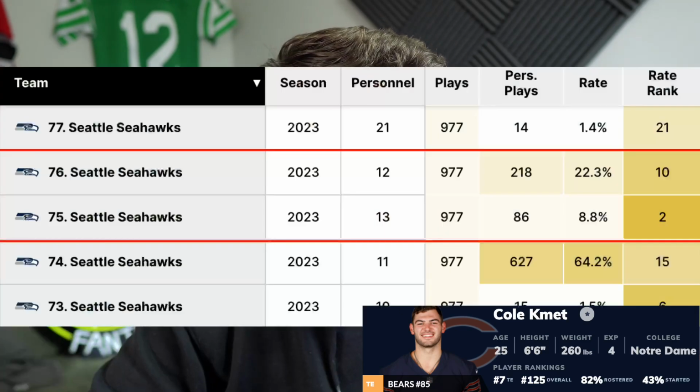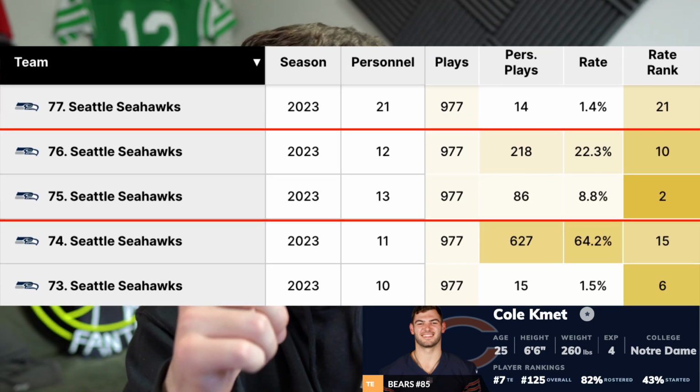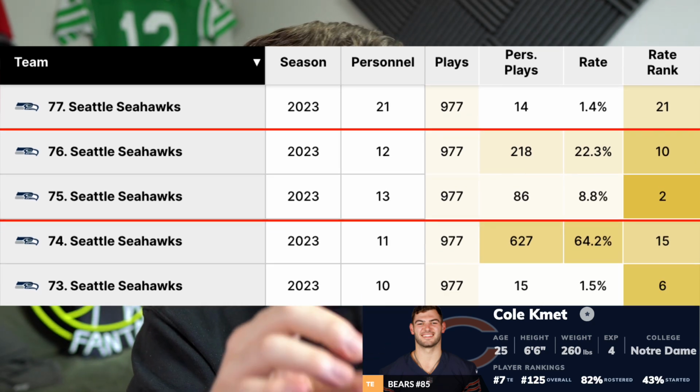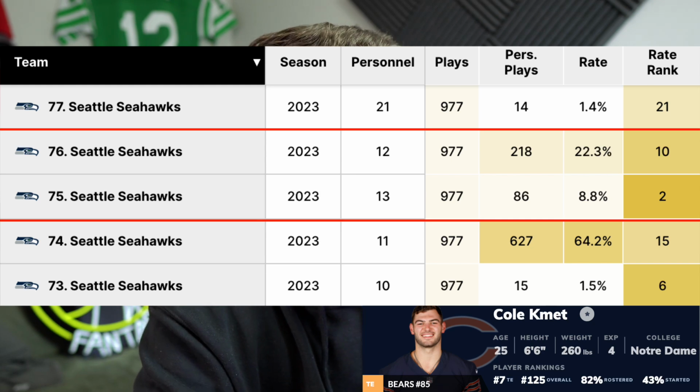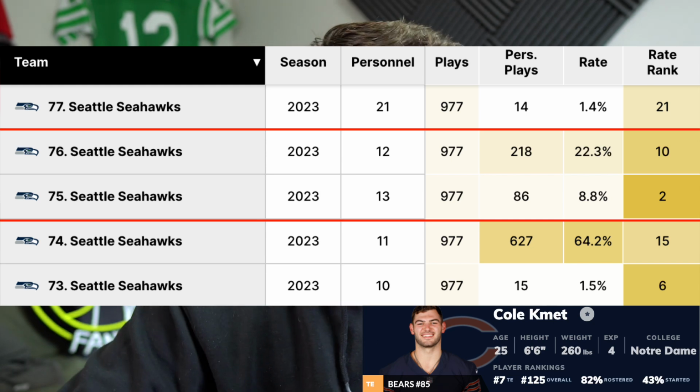And we can see even deeper with SumerSports.com. Shout out to them. In 12 personnel and 13 personnel, that means 2 tight ends and 3 tight end sets, they ran 12 personnel at the 10th highest rate in the NFL, and 13 personnel at the 2nd highest rate in the NFL. He loves to use multiple tight ends. That's why they went out there and signed Gerald Everett. You're going to have a lot of 2 tight end sets with Gerald Everett and Cole Kmet, and that's an issue for Cole Kmet